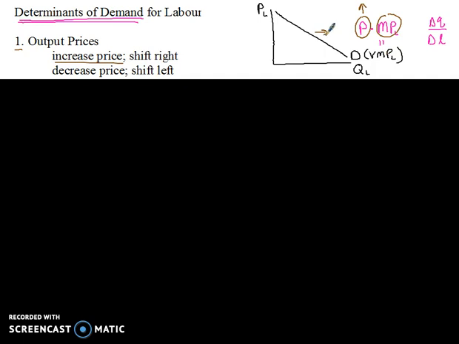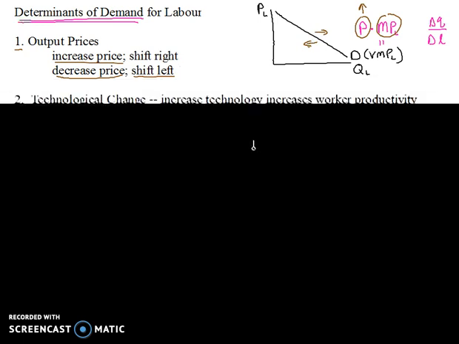And then the opposite would be if there's a decrease in price, then the demand for labor is going to shift left. If TV prices go down, then people are going to buy fewer TVs, which means the company is going to make fewer TVs, which means they're going to want to hire fewer workers, and then that would cause the demand curve to shift to the left. Okay? Number two,